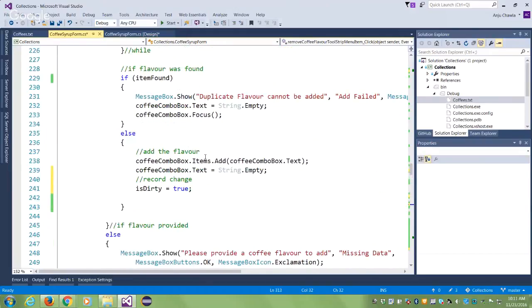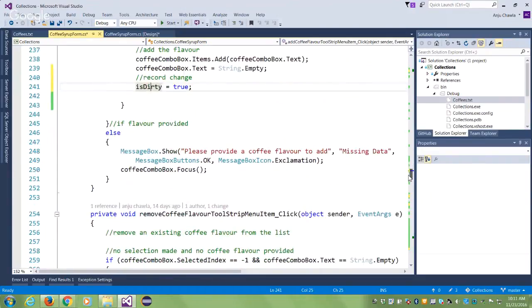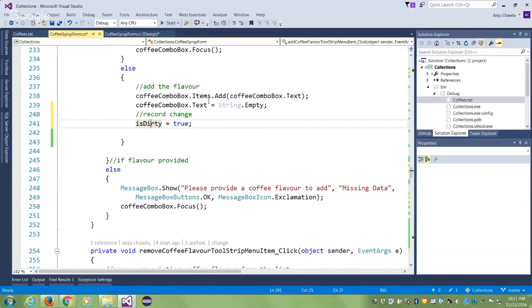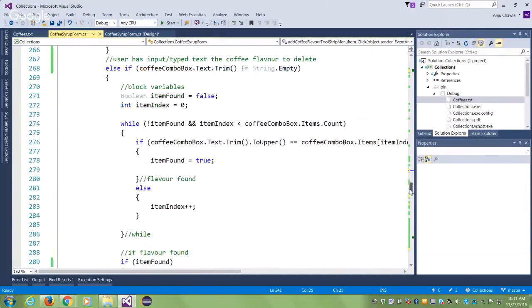If you have the same code as mine, I've added the statement at line 241. That's your add method. That's where my first change is, guys. So around 241 is where I made a change. I added a coffee flavor, so added means you made a change. Make this variable true. In the delete method, in the remove coffee flavor event handler, I have it at 2